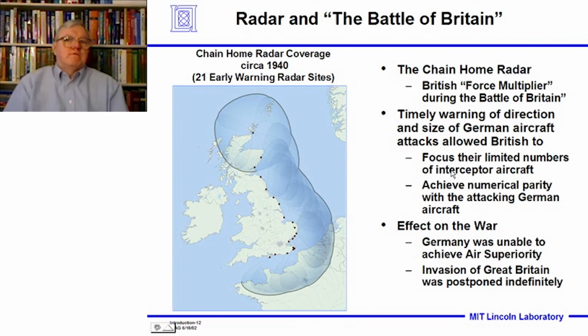Now, the British had about 1,400 fighters, and they were dispersed at many airfields. And with little warning time, if they didn't have this radar system, which gave them great warning, the British wouldn't be able to concentrate their limited forces to attack the concentrated German forces coming at them. And so there'd be an unevenness to the defending German fighters protecting their bombers, and the British interceptors that wanted to knock them down. The bombers would have got in, dropped their bombs, and got back before the British were